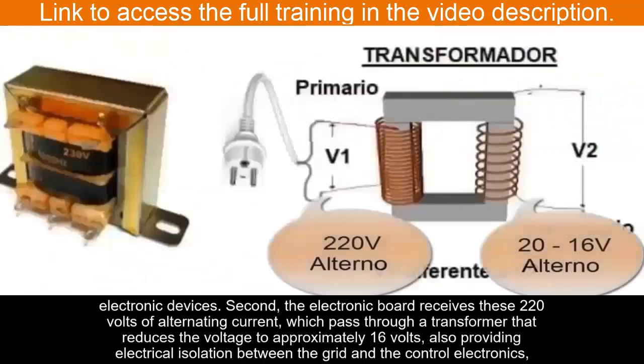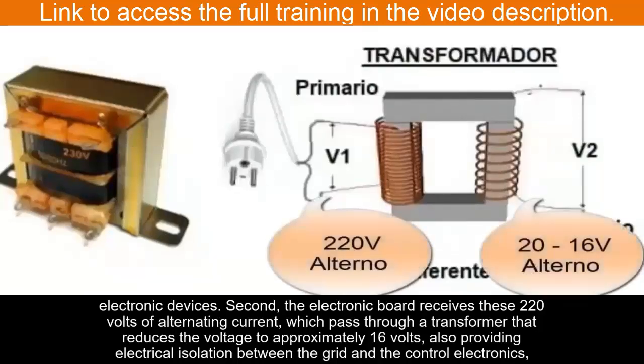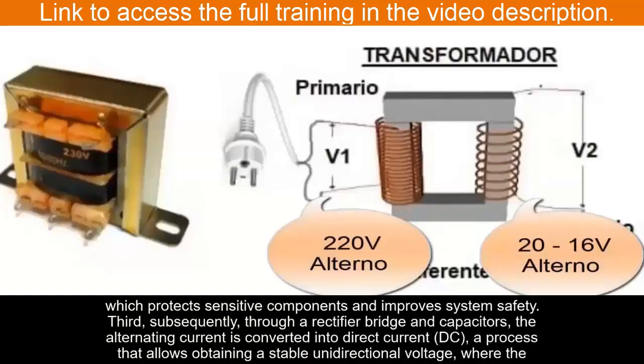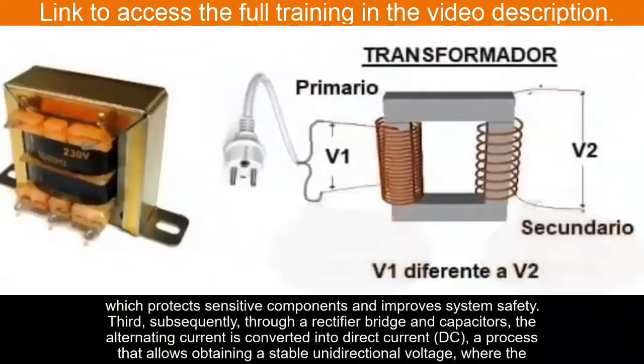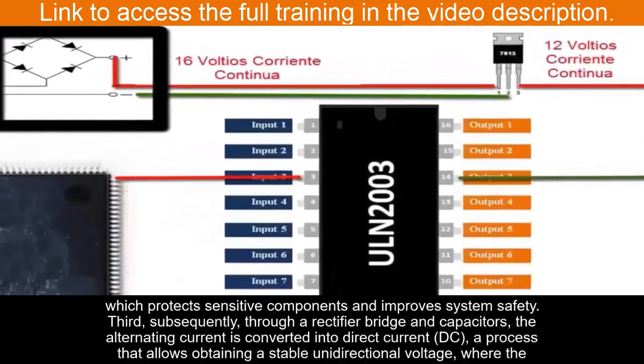Second, the electronic board receives these 220 volts of alternating current, which pass through a transformer that reduces the voltage to approximately 16 volts, also providing electrical isolation between the grid and the control electronics, which protects sensitive components and improves system safety. Third, subsequently, through a rectifier bridge and capacitors, the alternating current is converted into direct current, or